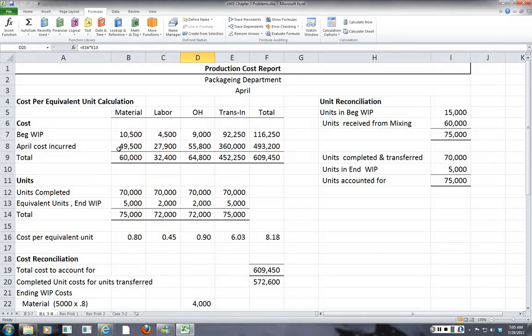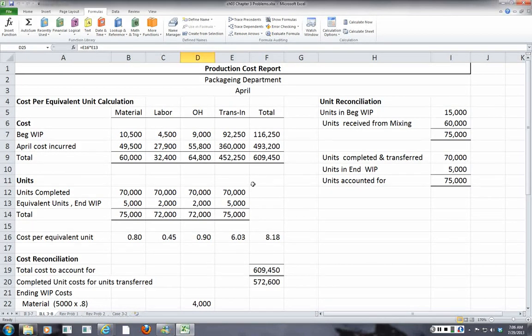The April cost incurred was $49,500 for material, labor, $55,800 for overhead, and then we include the 360,000 units, or $360,000, that were transferred in to come up with a total for the combined WIP inventory as well as the cost incurred of